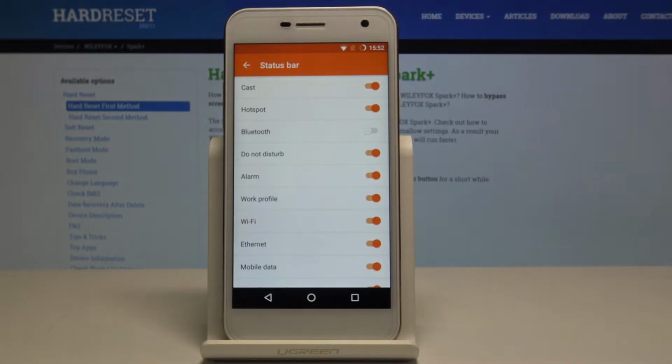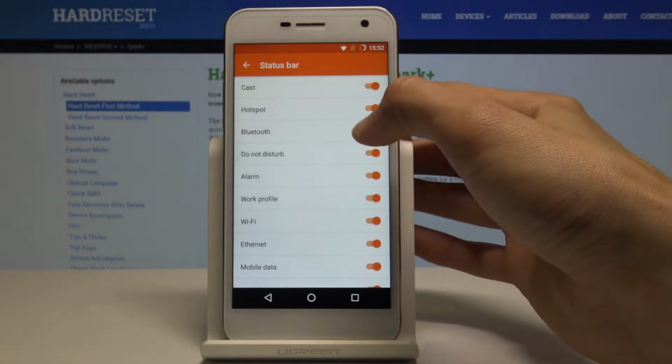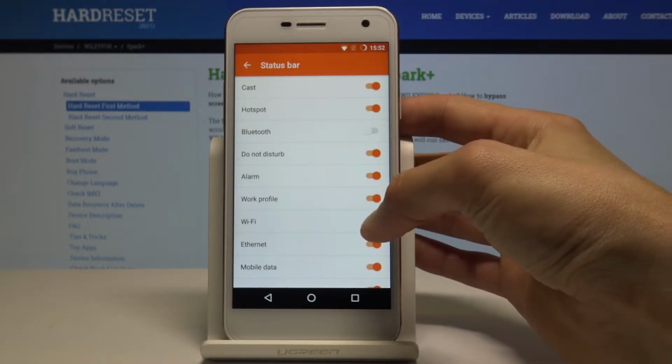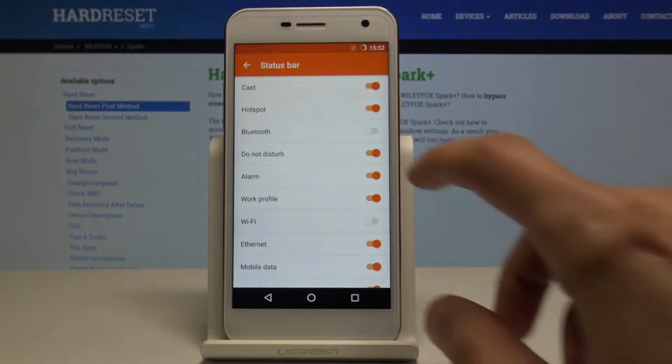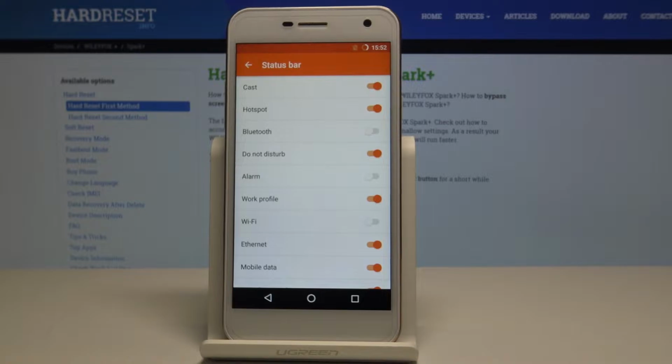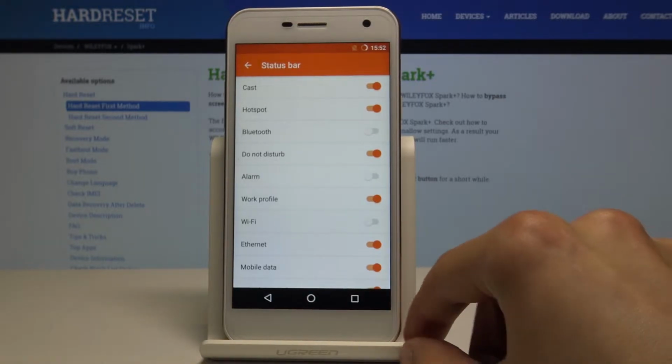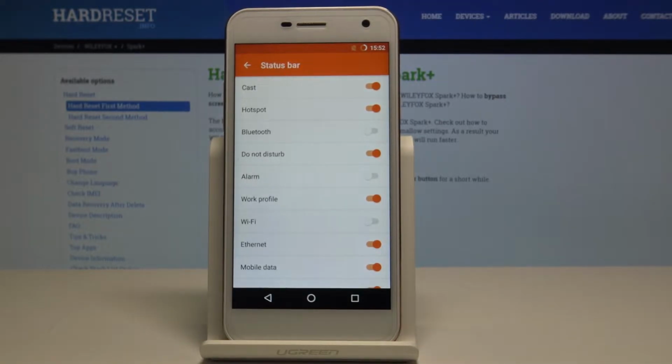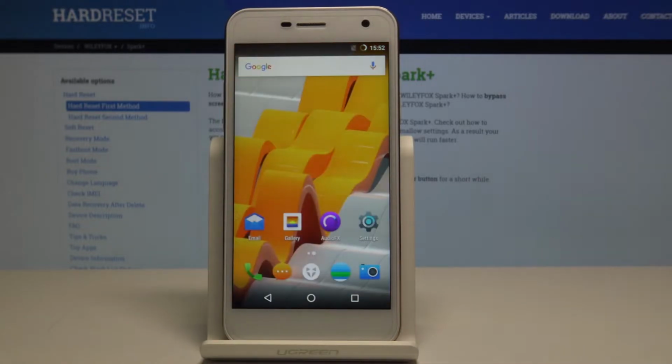So let's say you want to get rid of Bluetooth and for instance Wi-Fi, you can do that, or just alarm clock, whatever you want to get rid of, you can just flip it off and it will be gone. So that's one thing. Now moving on, we're gonna go into the developer options to reduce the animation speed,